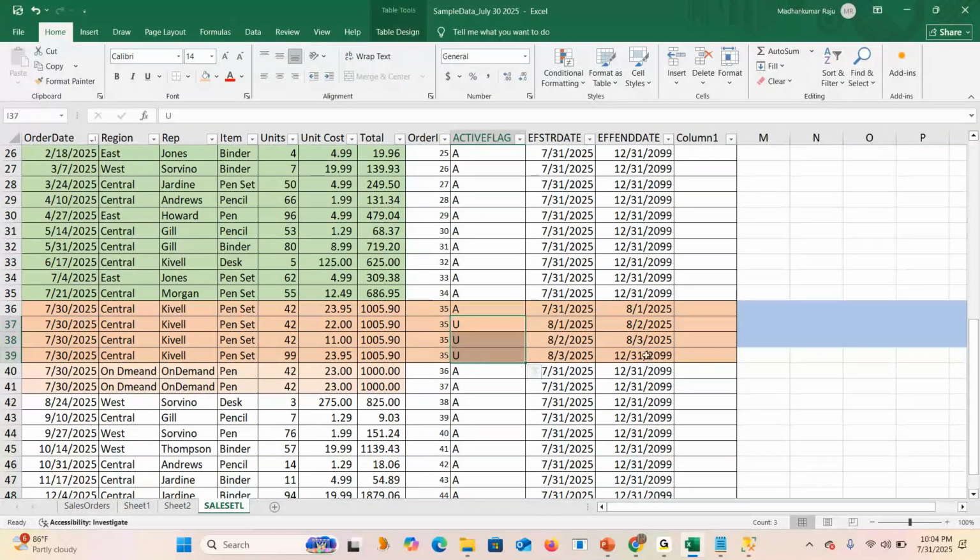In the update, the one which has the effective end date 12/31/2099 is the current record. The most recent old record will be the one with 8/3/2025. If you order the records in descending order, then you can get the old record, the second old record, the third old record. Clear, guys?